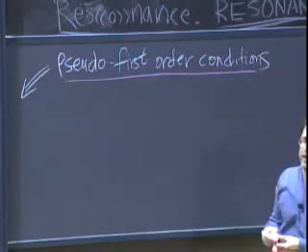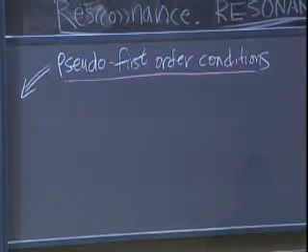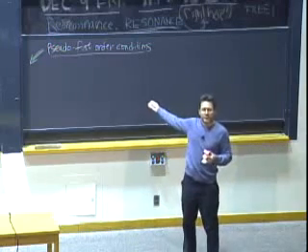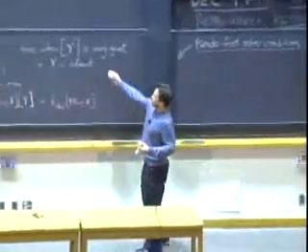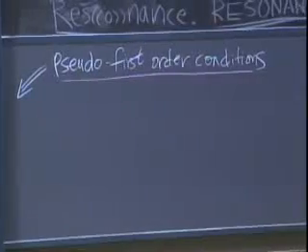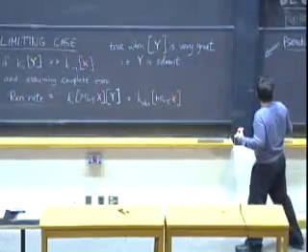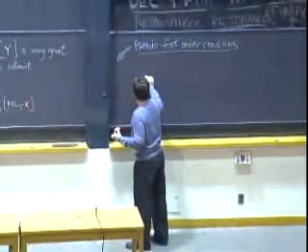And a lot of times, experimentalists will engender pseudo first order conditions by purposely using an entering group concentration that is very large. And when you do that, you'll find that, for example,